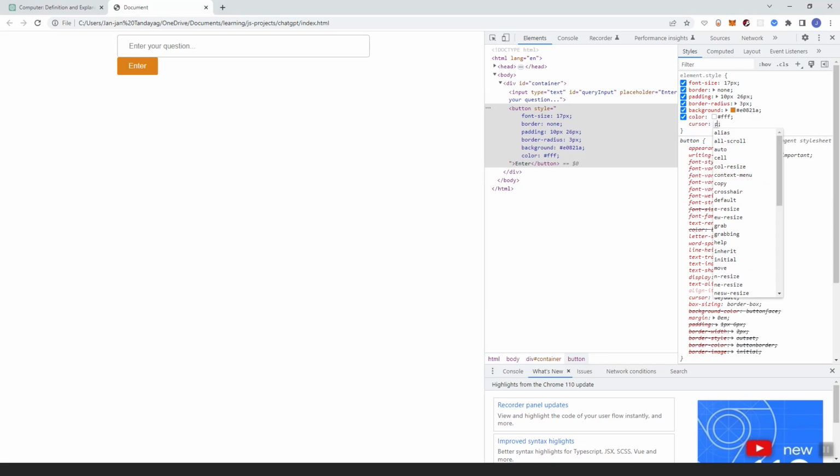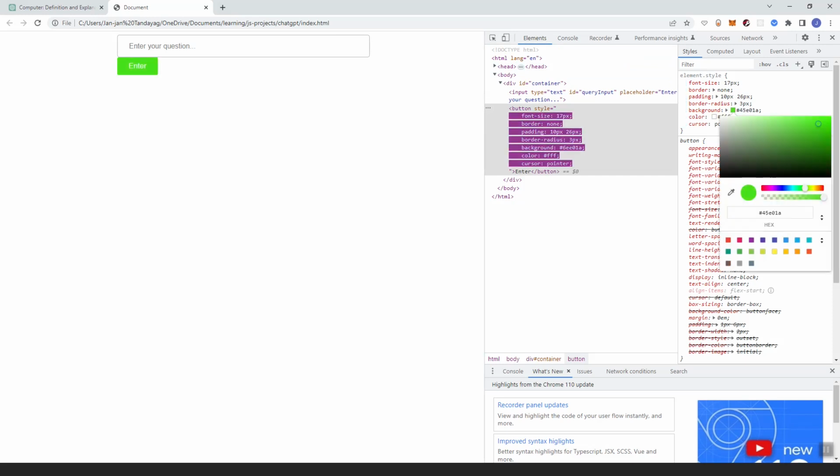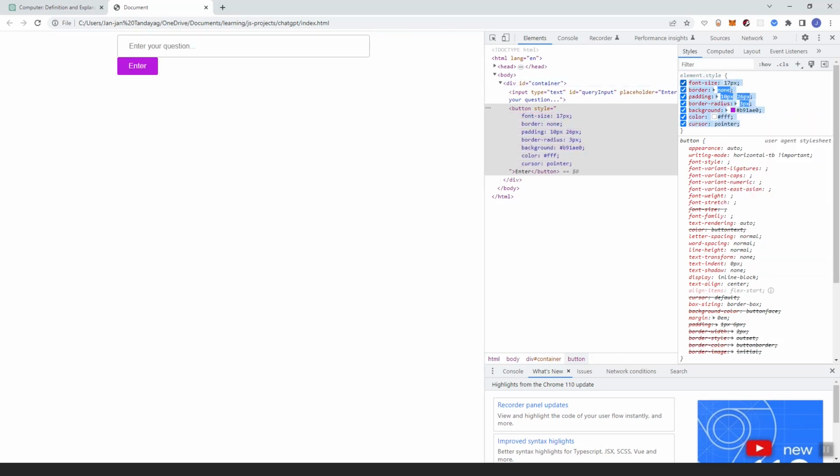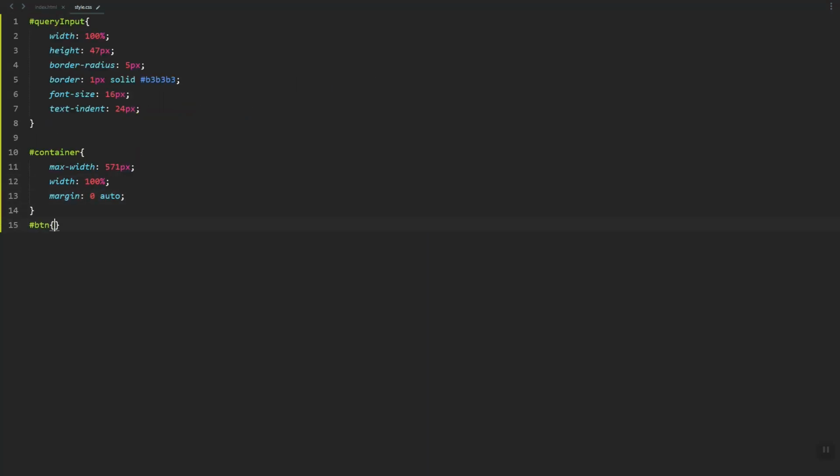So once we hover over the button, it will change the cursor type to pointer. The background, let's change it to that one. Then let's copy. Before that, we'll add an ID to this button, and then here we can copy paste it,